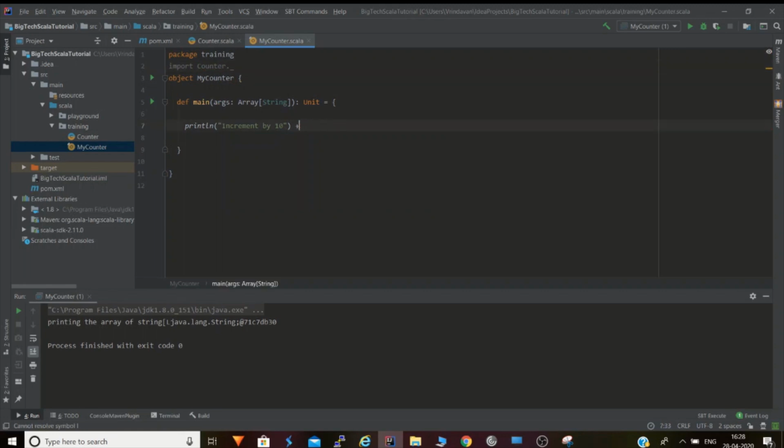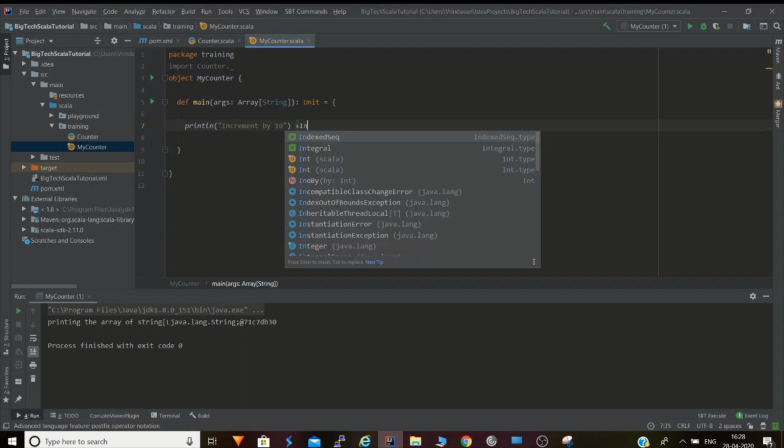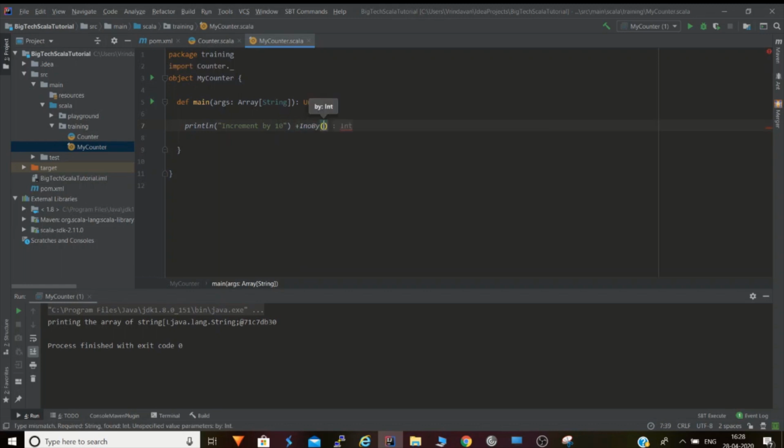Let's see if we are getting it. Yeah, you can see we can see this method. So we'll call this incrementBy method, and we will provide the value 10, because we want to run the loop 10 times. What mistake have I done? I have closed this bracket.